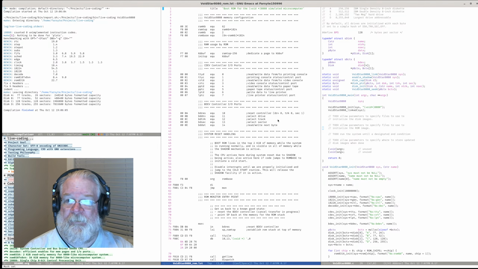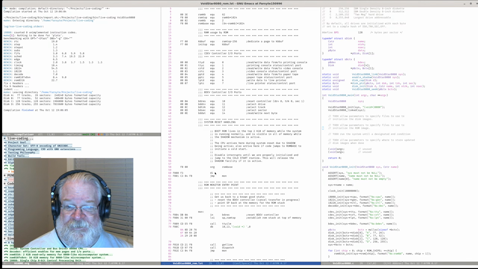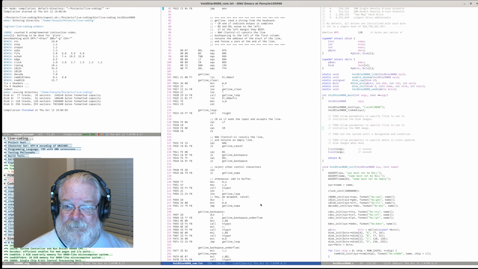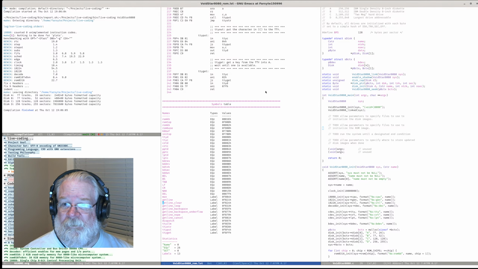There it is. And this defines what the ROM is going to look like. It is assembled to start in the highest 2K of memory, and it takes up not a whole lot of it,